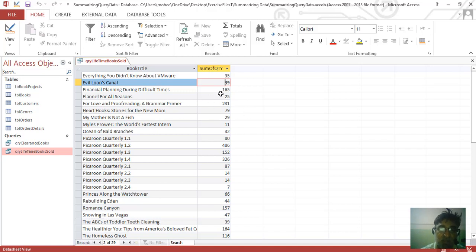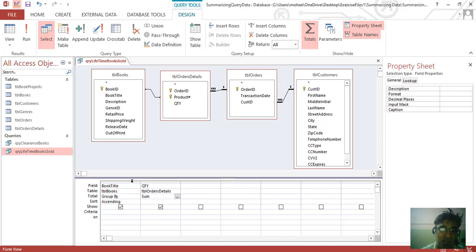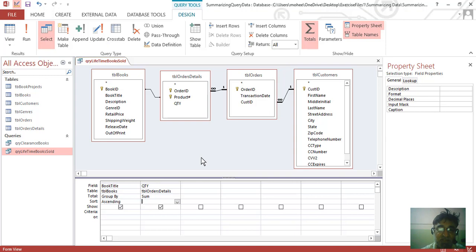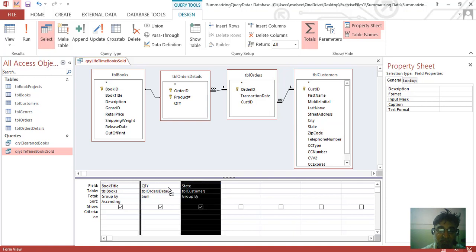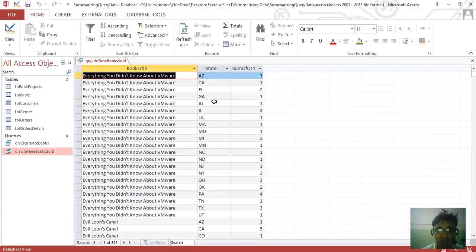Let's go back to the design view and see what else we can do here. Let's delete this field, the book title field, and insert the city and state fields. Let's run the query, and now we can see that